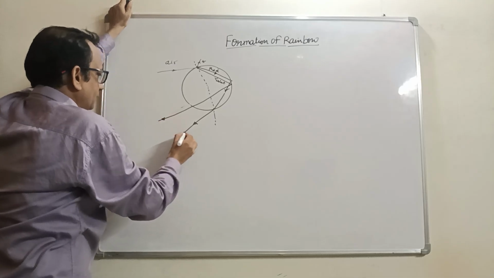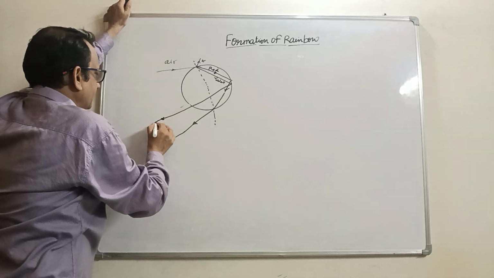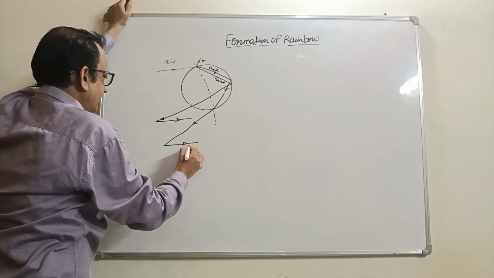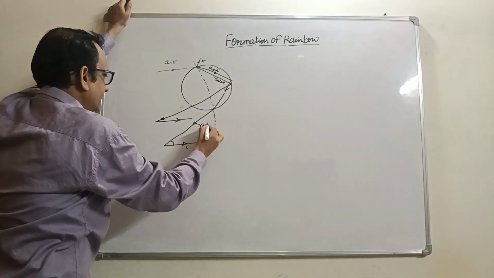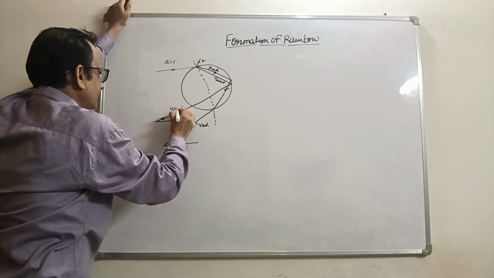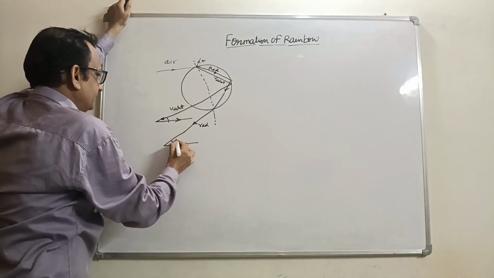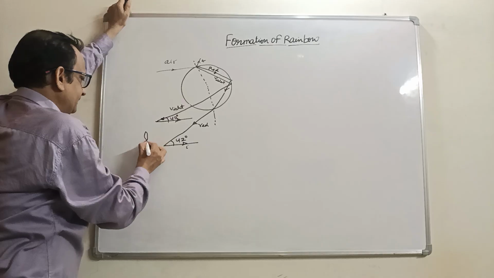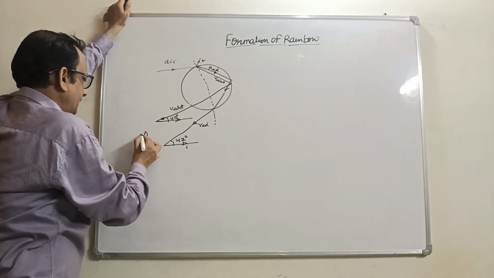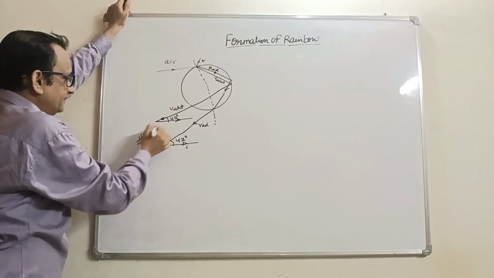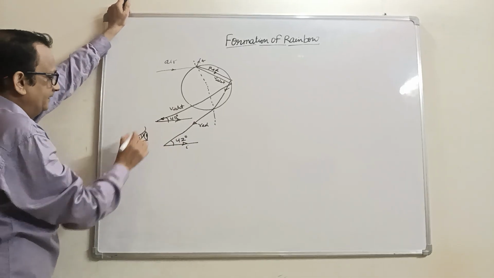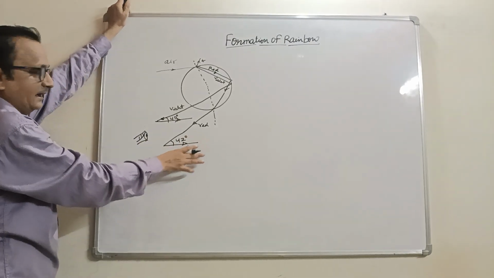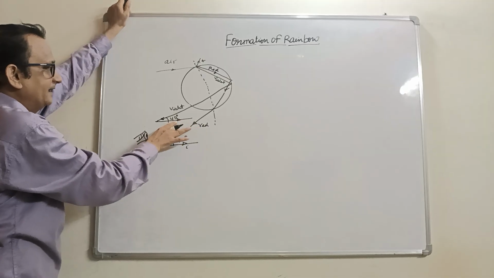This is the pattern. Here we see this is the incident ray, this also the incident ray, this is the red ray, this is the violet ray, and the angle between them would be 42 degrees for red and 40 degrees for violet. So this is our eye. I visualize this pattern. This ray is coming to the eye, and our eye visualizes this pattern. So the angle of red light is more and violet light is least.